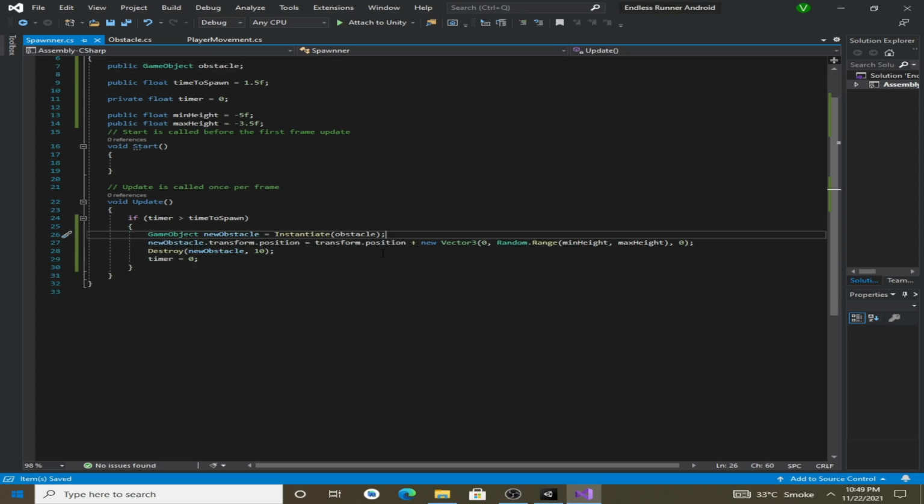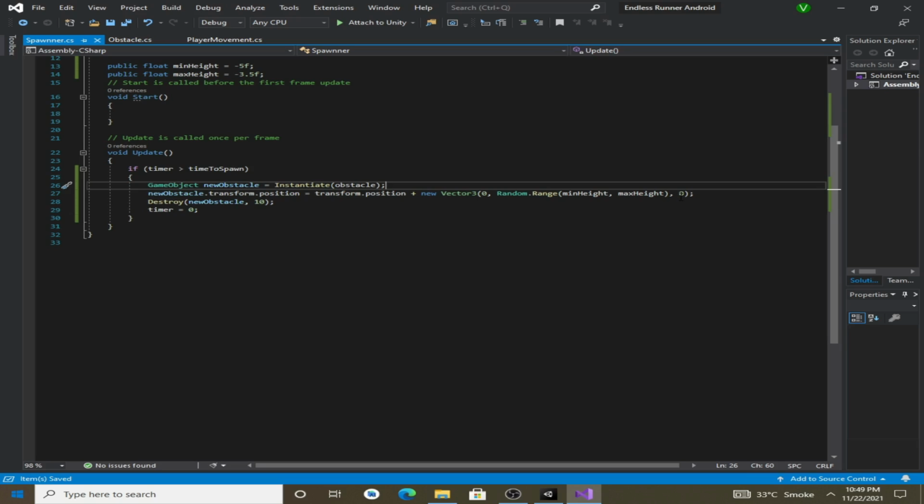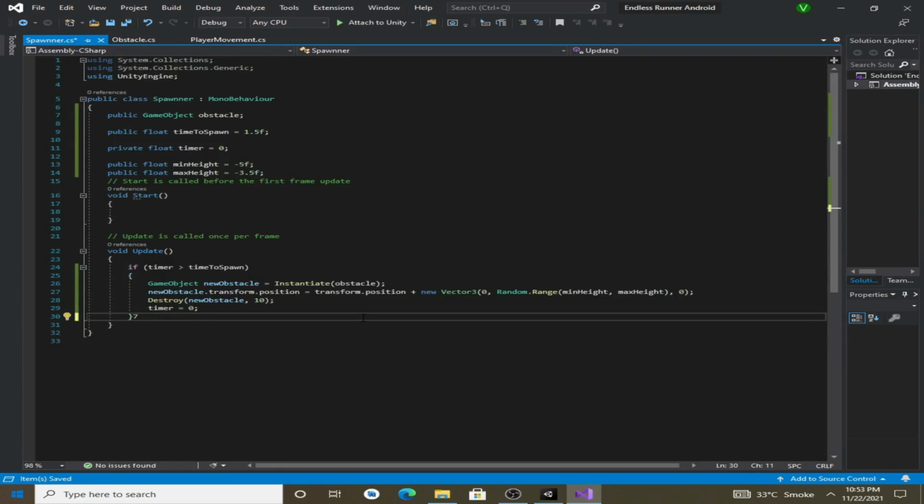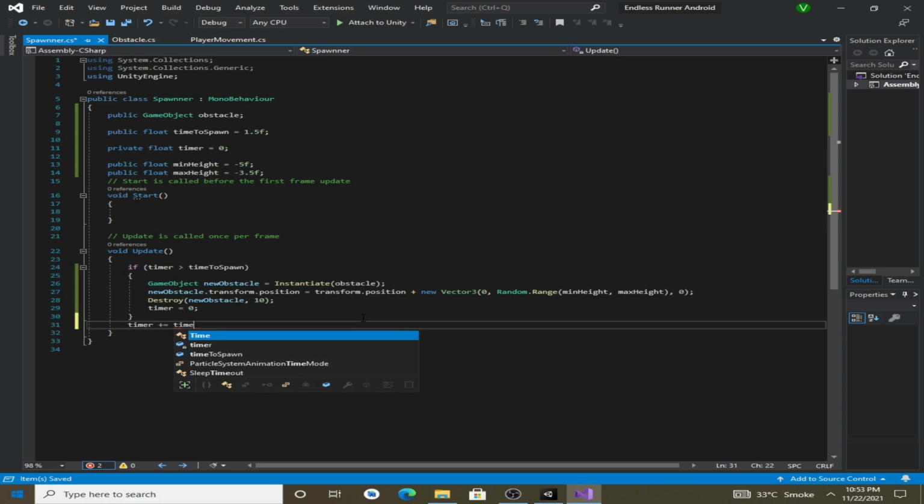Here, after the if statement, we have to add one line, which is timer plus equals Time dot deltaTime, because we need to increment our timer on each frame. So we will increment it by Time dot deltaTime. Now if we go back to Unity and hit play,